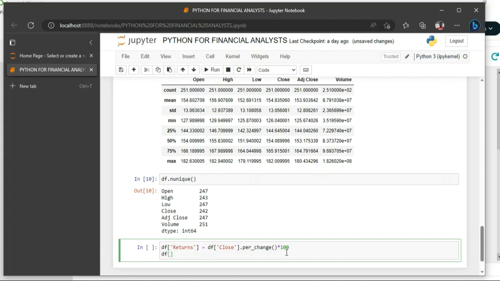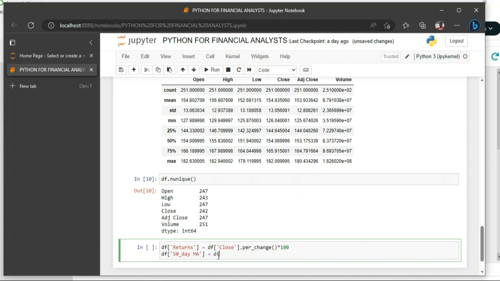So we want to add a 50-day moving average, and that should be equal to